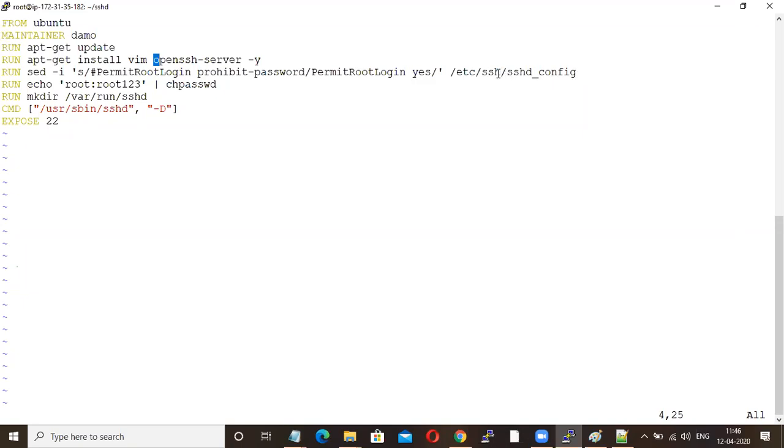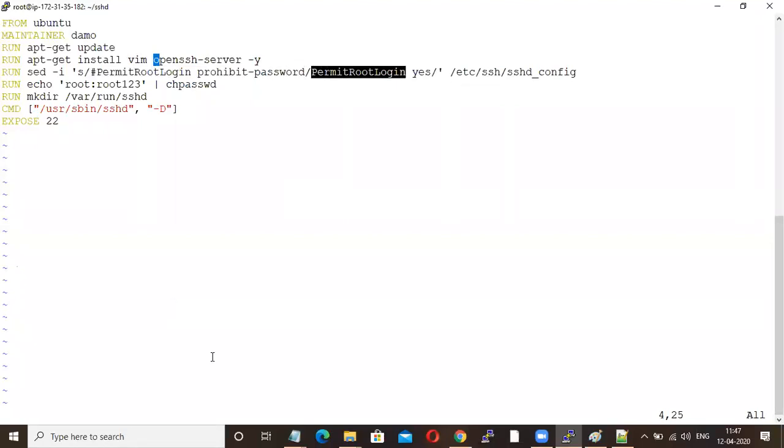Let me explain with one example. Just think that inside one directory, for example /home/ubuntu, you have one file called greens. Your task is to find the word damo and replace it with Karthik. You have to achieve this in Unix. How you can do it is using the sed command with -i. The s is for search. You have to find this word and replace it with this one.